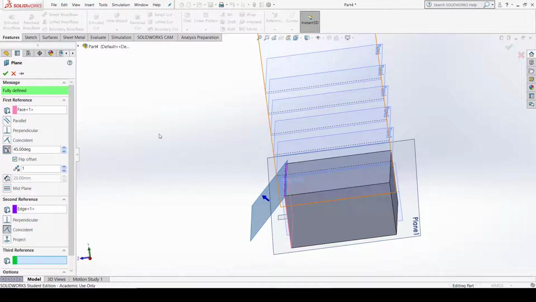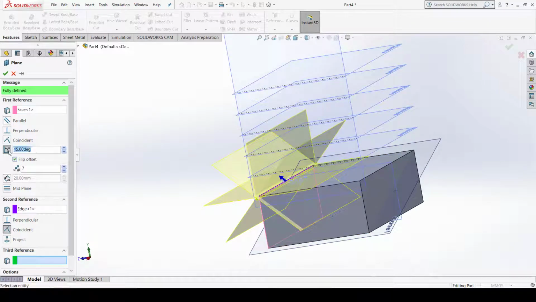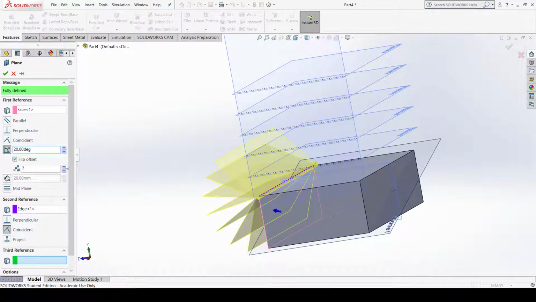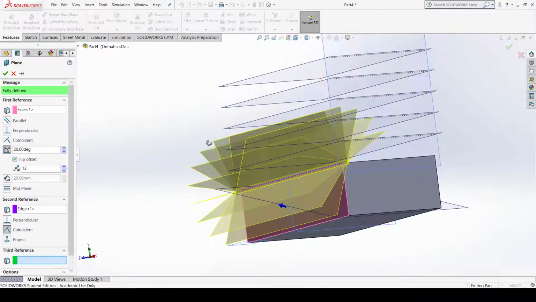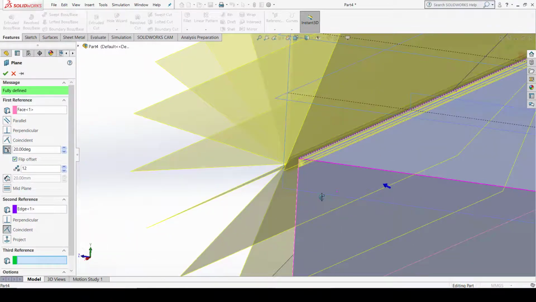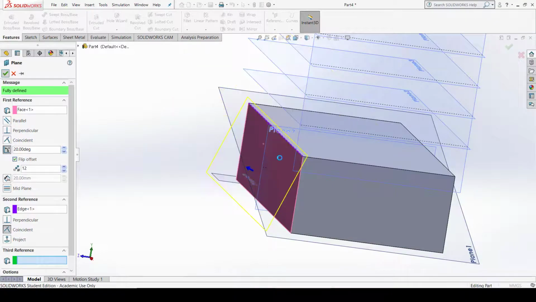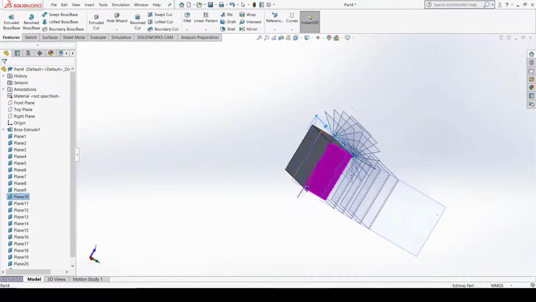Now how many of these you require, you can provide the values like 1, 2, 3, 4. So maximum it goes to 7 with the 360 degree option. Okay, and if you need 20 degree, you can select 20 degree, you can select the number of planes accordingly. So this is how you can define the planes on the edge. So for this you have to select first the surface, as you can see this is pink in color, and then select the edge. Then in the property manager, you can define the angle of the plane, you can define the quantities of the plane and click OK. So this is how you can create a number of planes as per your requirements.